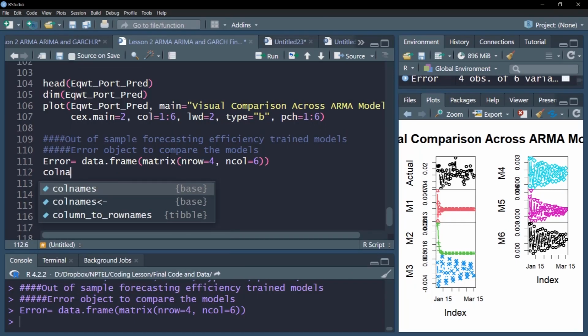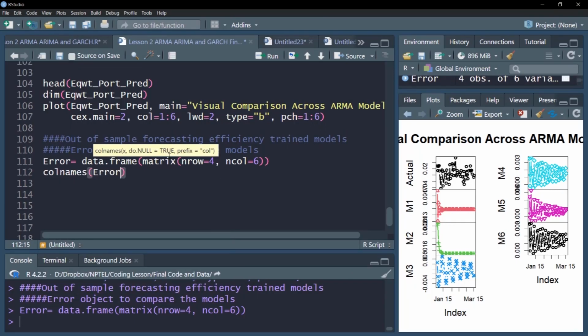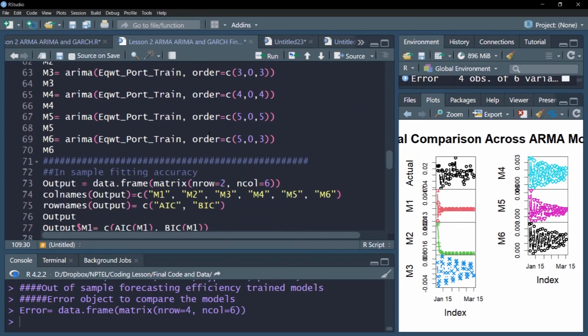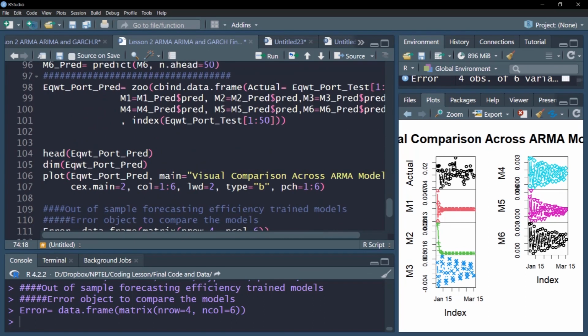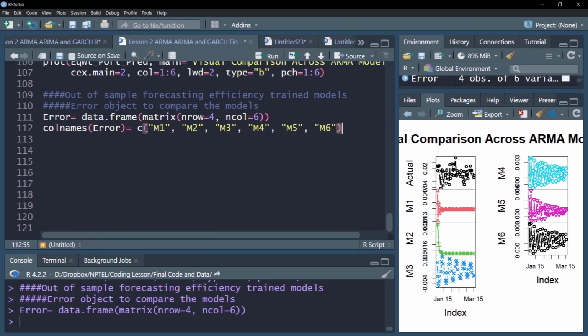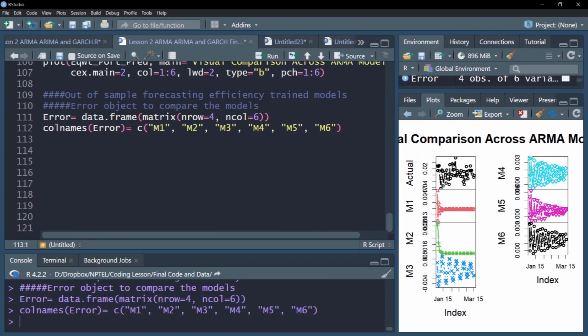First, we'll give the column names as we did earlier. So the column names would include the models corresponding to each. I need not type this, I can simply borrow this from the previous. So these are my columns. Each column represents one model. Similarly, I can have